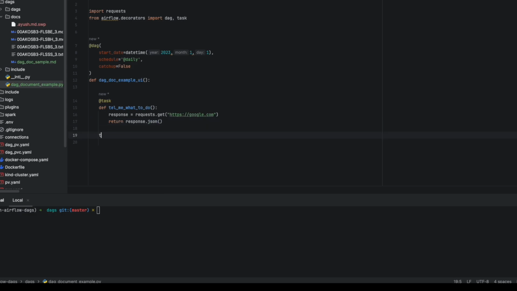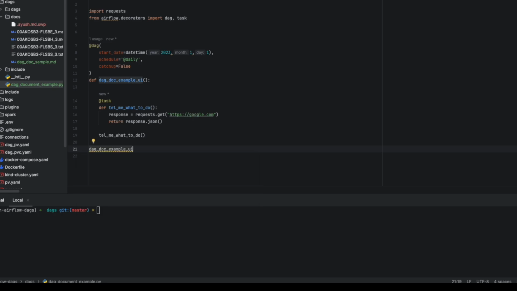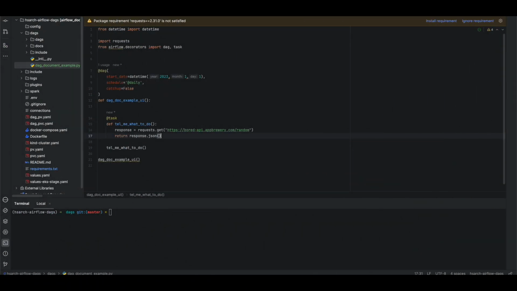Then you can call this task, and then I will call the DAG. Now my decorator is ready. I haven't used the documentation anywhere. First, I will show you how you can specify the markdown directly in the code. Okay, and then we can go ahead with the implementation from a markdown file. So let's go ahead